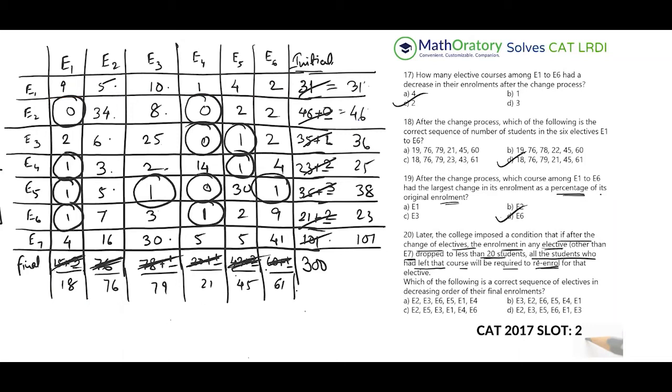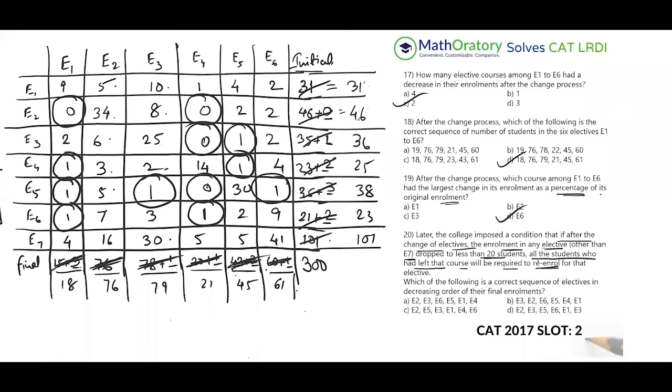I was worried about something at this stage. The thing I was worried about is, suppose I get those people back to E1, and because of that, some other elective's number drops below 20. That might happen, right? Then I have to do that adjustment once again. So I have to get people back to that elective also. That is what the condition is saying, right? So that is the only thing I checked before I thought about solving this question. So let us check this. Now, try to understand these kinds of things. If you understand very quickly, that is very good.